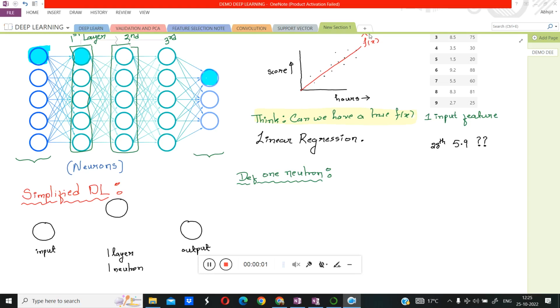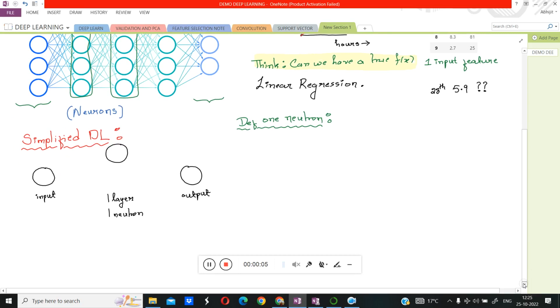Okay. So as I said in the last class, we will first define what one neuron is. Let me write the definition. An artificial neuron. So I'm defining one neuron. Okay. So an artificial neuron